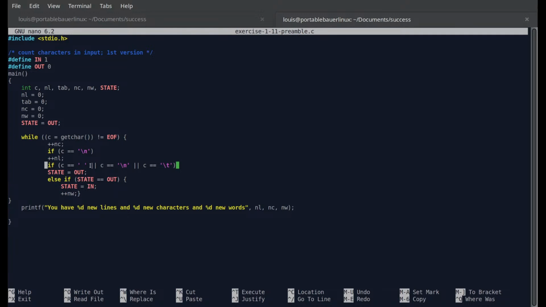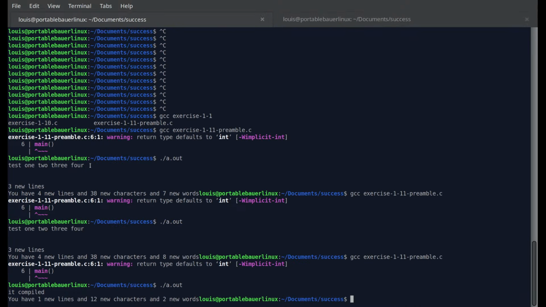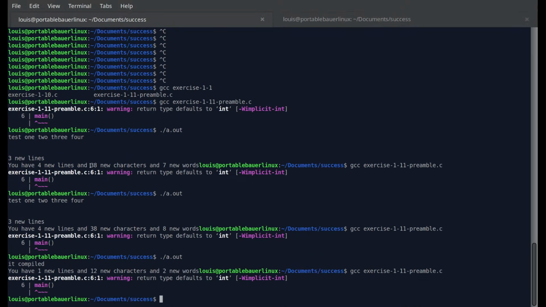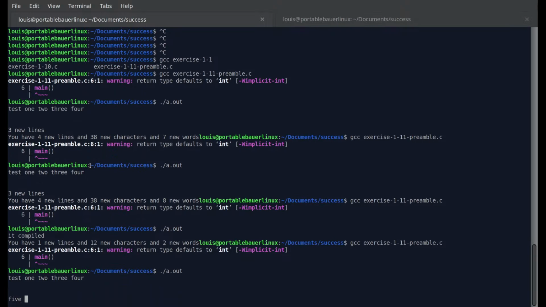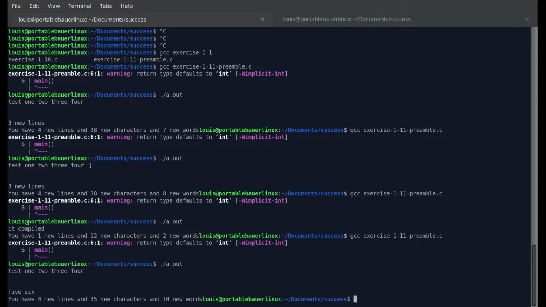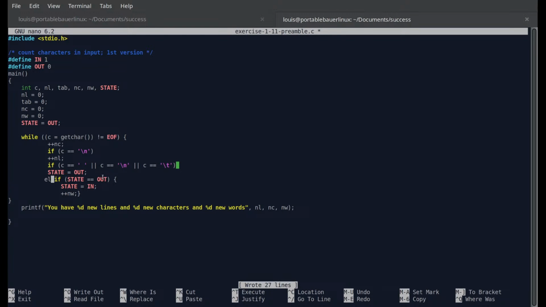Since this is saying state out, so if I made this an if, let's actually see what would happen. What the hell? Yeah, compiling is free. Test 1, 2, 3, 4, 5, 6. 1, 2, 3, 4, 5, 6. Okay, so I only have 7 words, but it thinks I have 10. And that's because without the else, since the state starts as out,